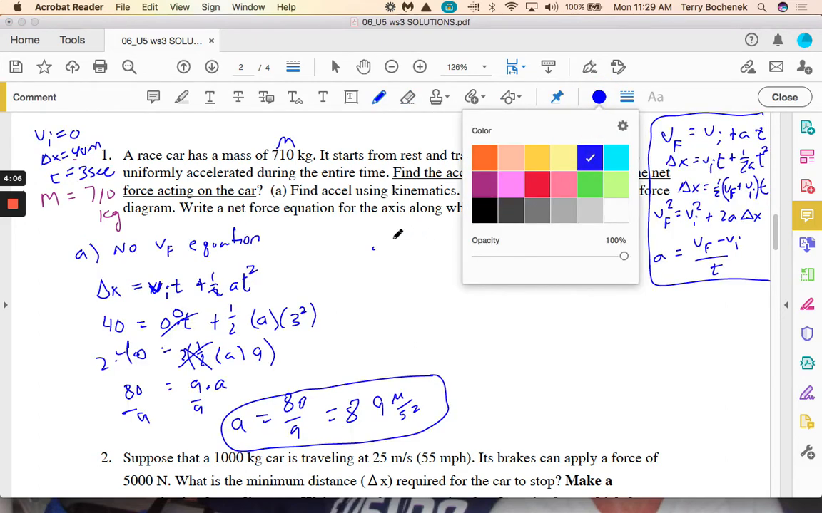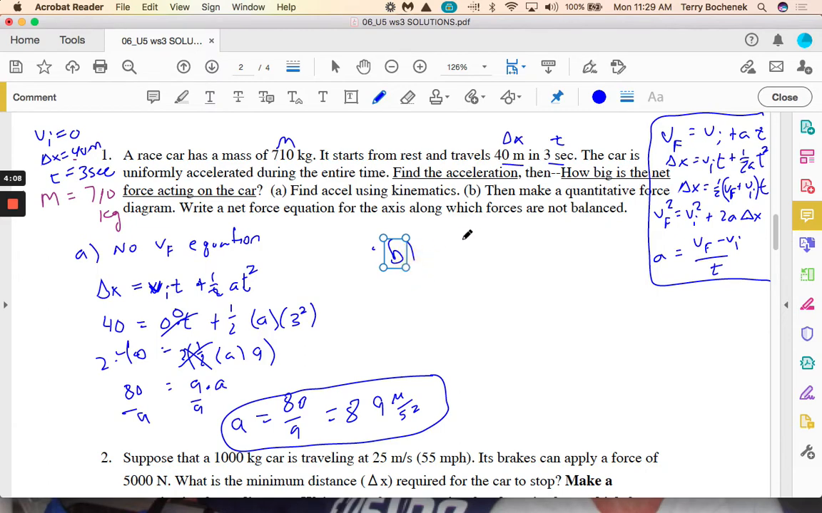In part B, F net, when it gets to talking about forces, we go to the F net equals ma equation. We can't do anything with forces with just the kinematic equations because they don't have anything to do with force. But how big is the net force acting on the car? All we have to do is take the mass of the car, 710 kilograms, times the acceleration,